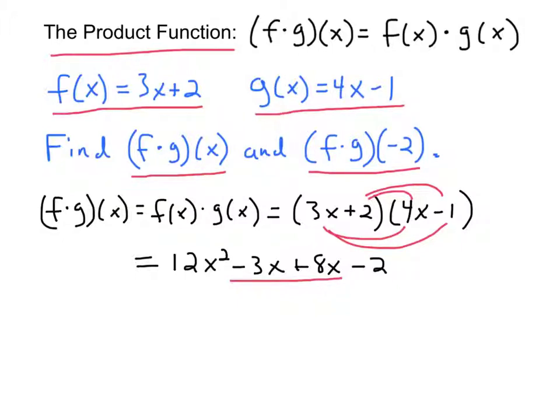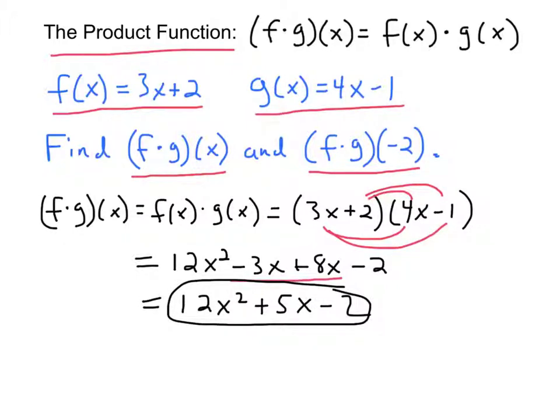So we'd end up with 12x squared plus 5x minus 2. Now for the second part of the question, f times g of negative 2, we would just substitute the negative 2, the number in parentheses, in for where the x is